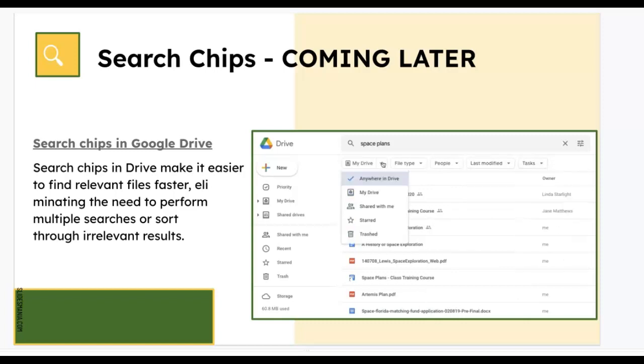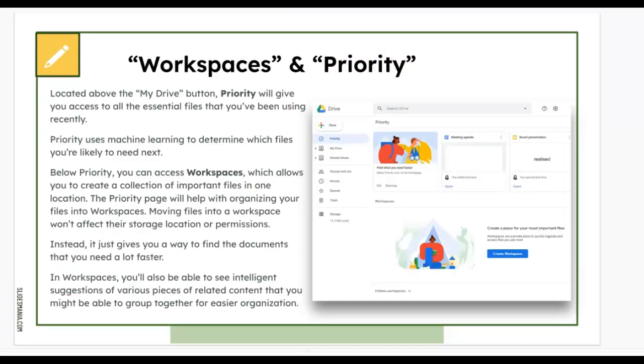Our next tip is regarding workspaces and priority. These are two areas within your Google Drive that you can use to access essential files. So we talked about starring files and being able to find them under the starred location. But there's also the idea of using priority and workspaces.